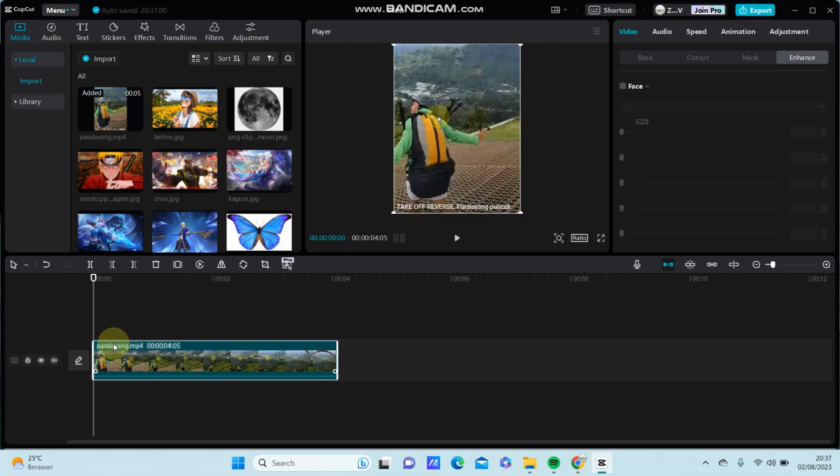this one. So to make it smooth slow-mo, just go to Speed at the right. You can select Normal and you can select Times. So just swipe to the left for slower and you can swipe to the right for faster. So I'm going to make it slow-mo, and I'm going to swipe to the left for the slow